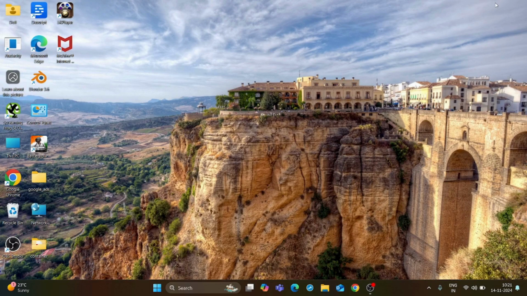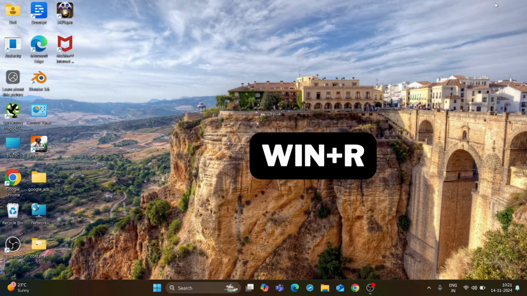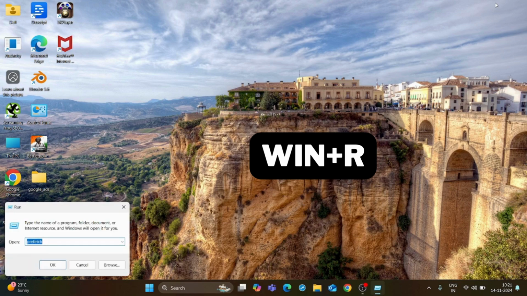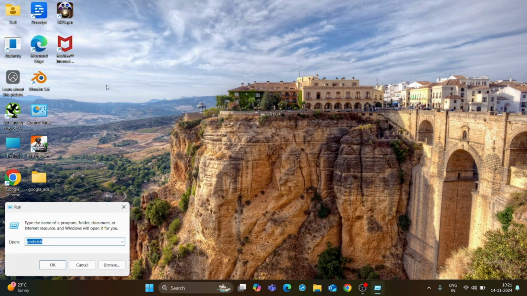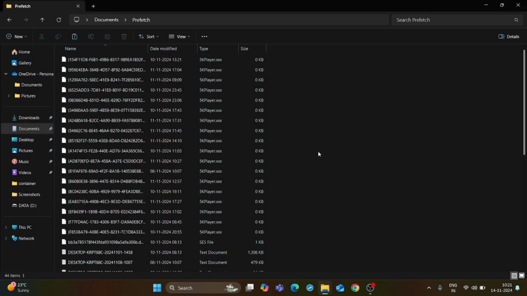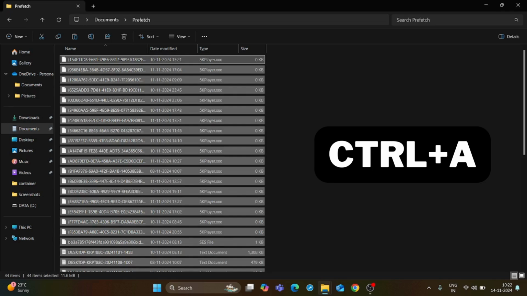Hello guys, today we are going to learn how to clear cache on a laptop, or how to clear junk files on a laptop. First, press Windows plus R key, then type prefetch, then click OK, then select all files